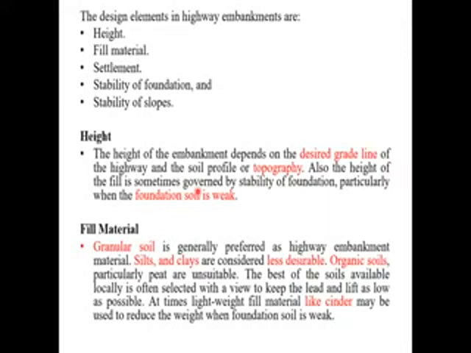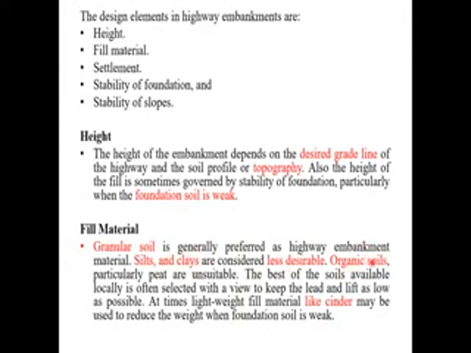That is, when the embankment foundation consists of weak soil just beneath, or at a certain depth below in the form of a weak stratum, it is essential to consider the stability. That means you need to design the soil against this failure. Next, stability of slopes. Embankment slopes should be stable enough to eliminate the possibility of failure under adverse conditions. Usually embankment slopes fail due to moisture, due to raining conditions. So you have to design for the stability of the slope.